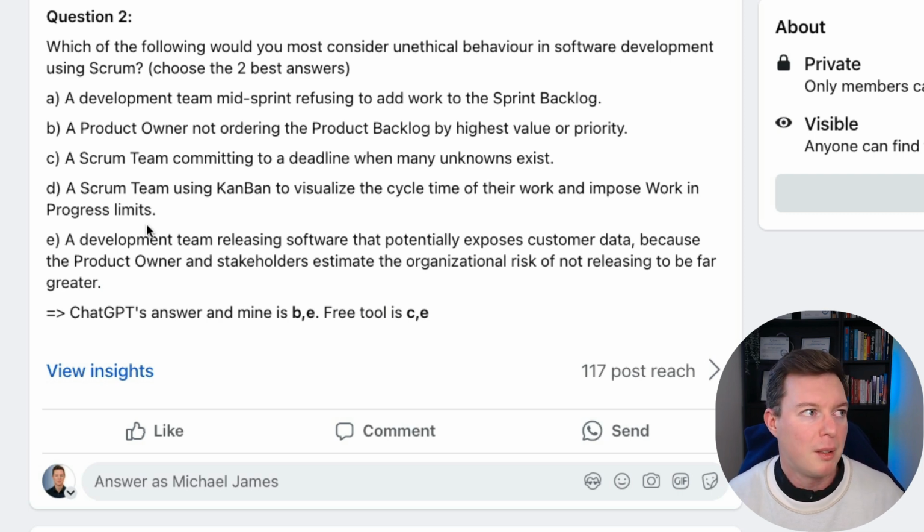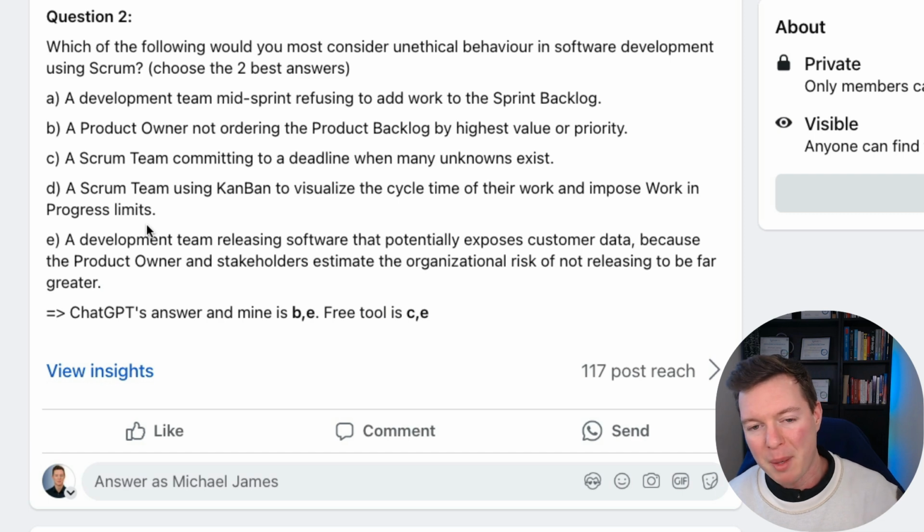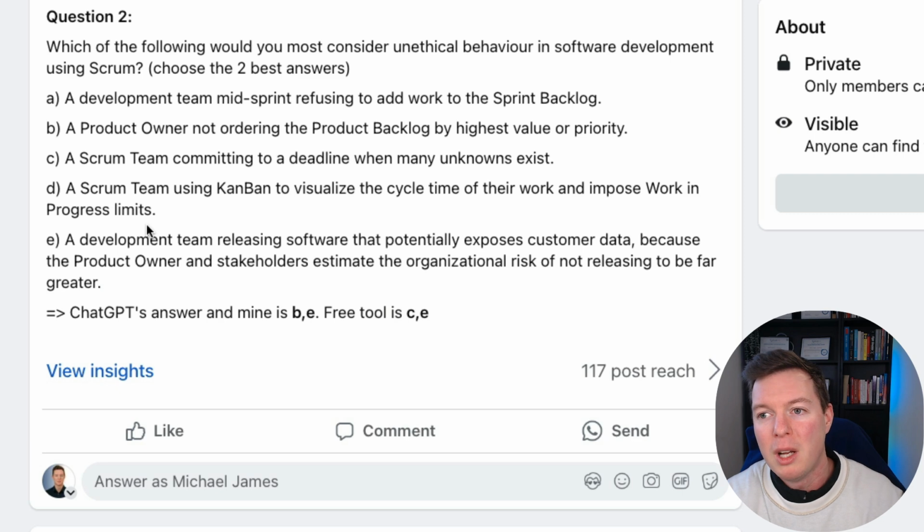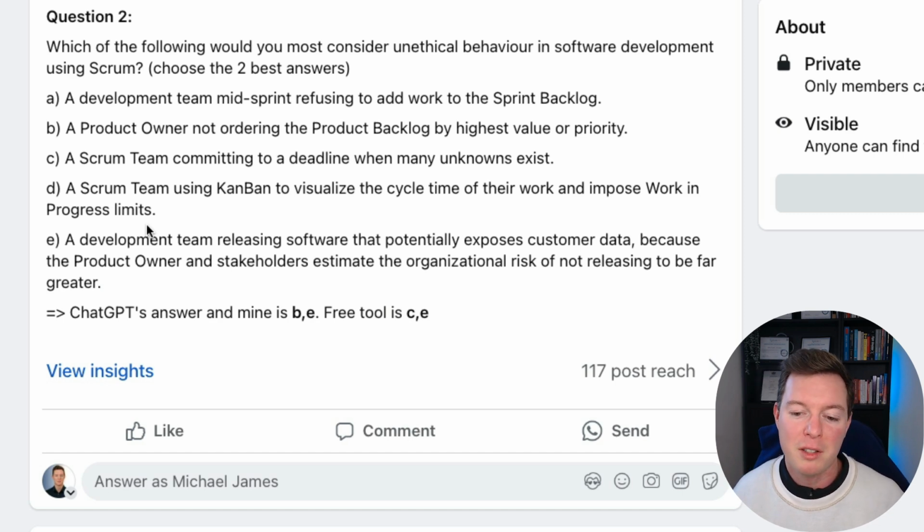I mean, the Scrum board with to do, in progress and done. With the Kanban board, you bring out more columns, but as long as it's a work management tool, it doesn't say in the Scrum guide what type of work management tool to use, what type of board to use, what type of columns to use. That's up to you, as long as you use the Scrum framework around it. So using Kanban to visualize workflows and manage work in progress limits is a valid practice that complements Scrum, promoting transparency and efficiency. It's not unethical.